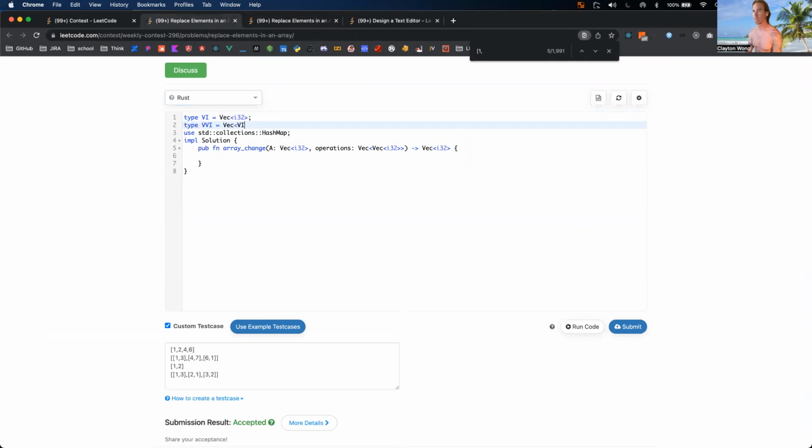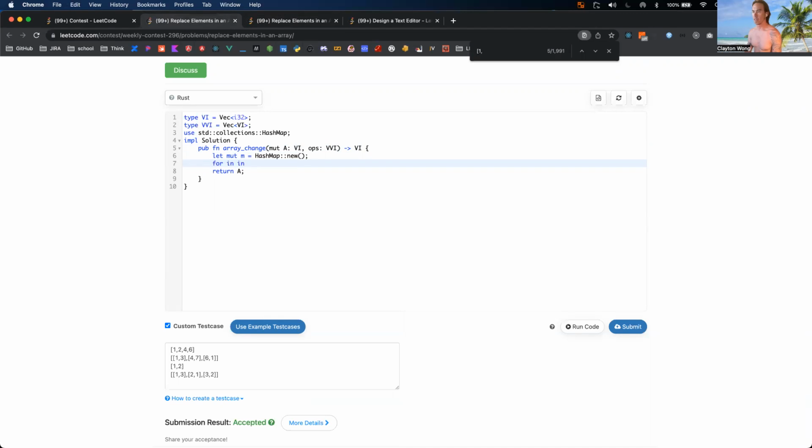Clean this up a little bit. API, oops, API, turn integers at the end. It's got to be mutable. A equals hash map, hash map, and then